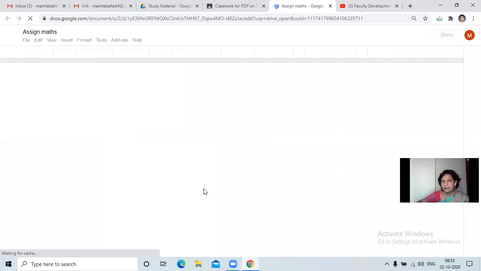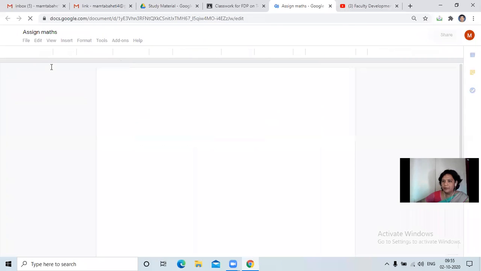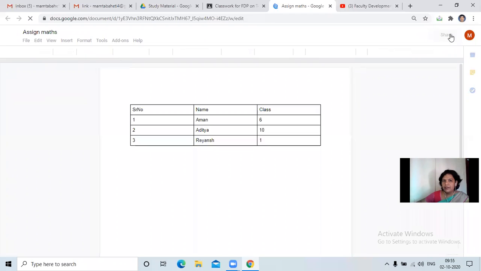So here you will see that particular file is available. Whenever the file we open, that particular student will open, will able to see this. Okay.